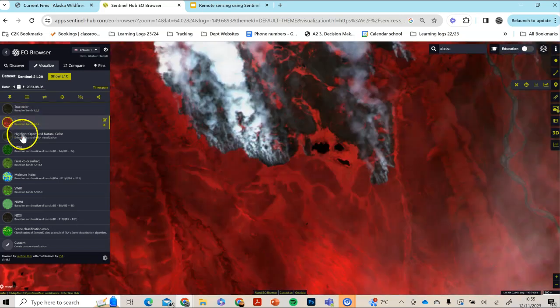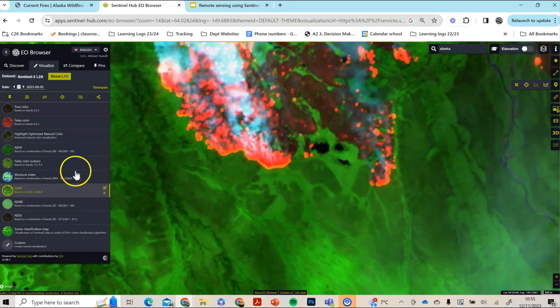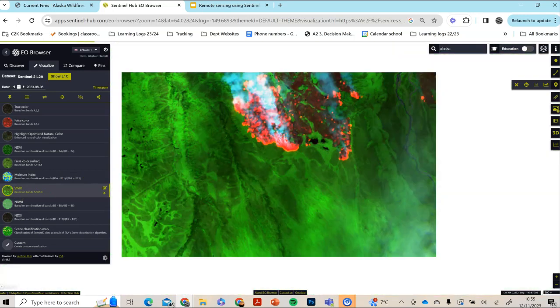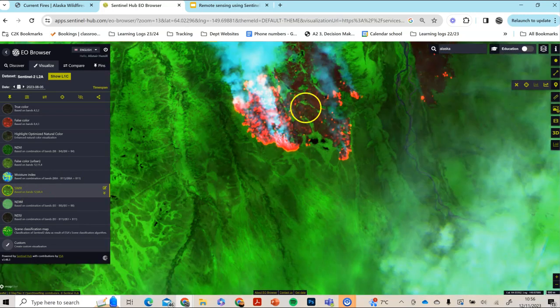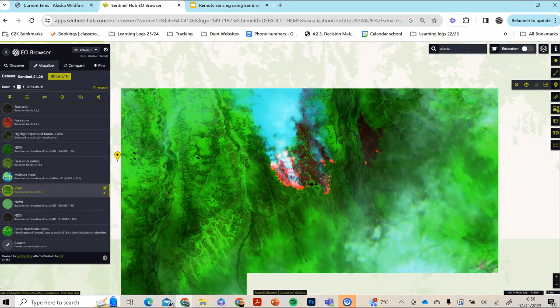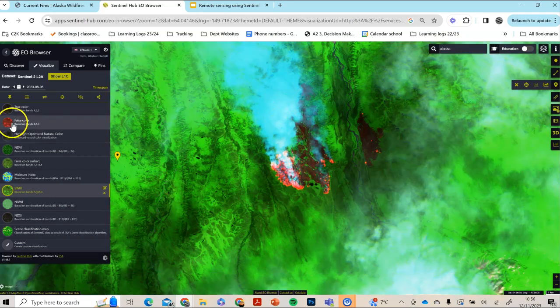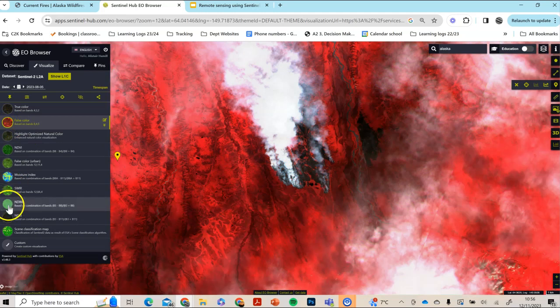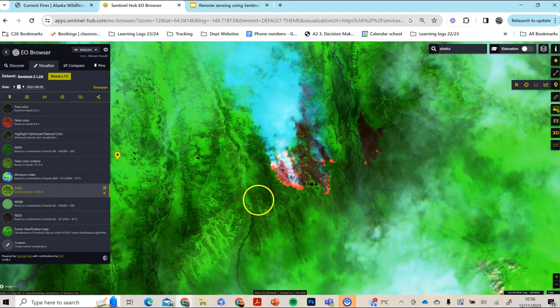There's another one that is an interesting output, and that's the shortwave infrared, because what it can allow you to do is to see the active burn fronts in this. This can be quite handy if the smoke is covering the cloud. It looks like in the fire. In this case, it looks like the smoke's being burnt or blown away, so you could see that anyway. But the shortwave infrared allows you to see where the